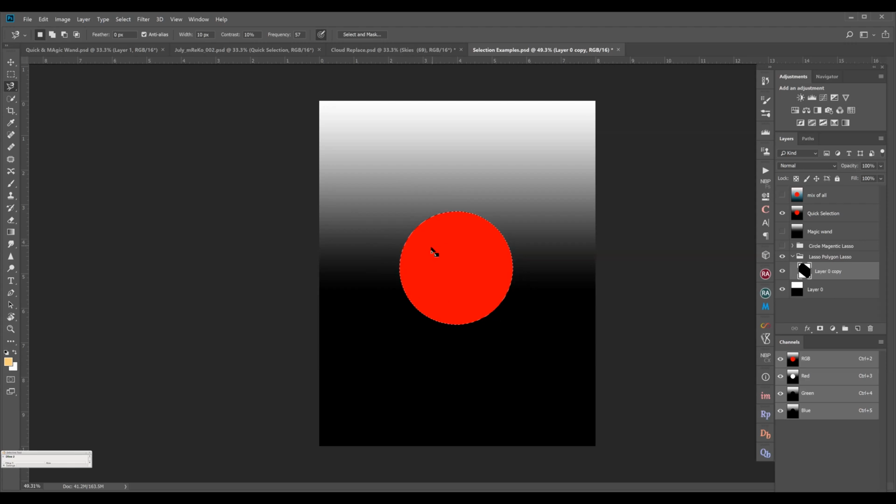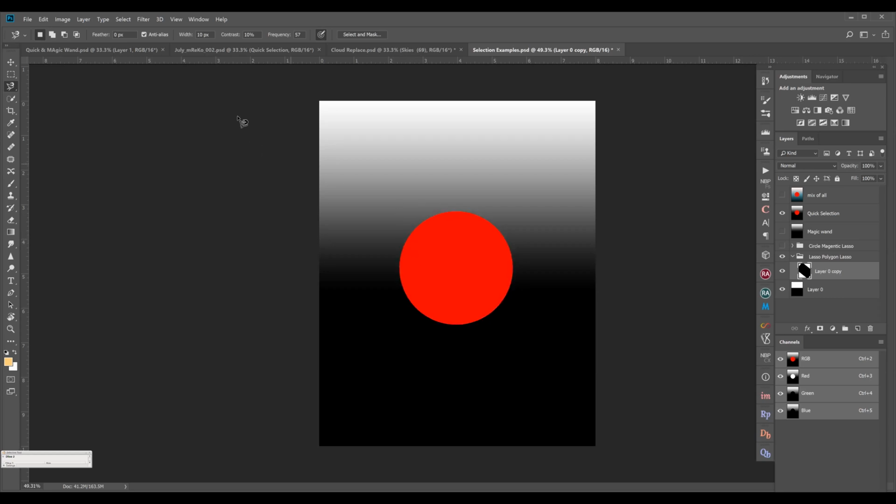How this tool works is that since there is a solid separation between this circle and the outer area, it can be a geometrical separation, a contrast separation, or a color separation. It selects the areas where there is a huge difference.